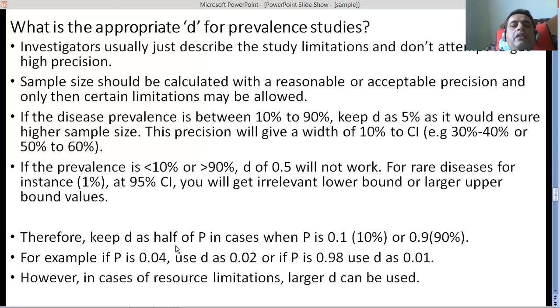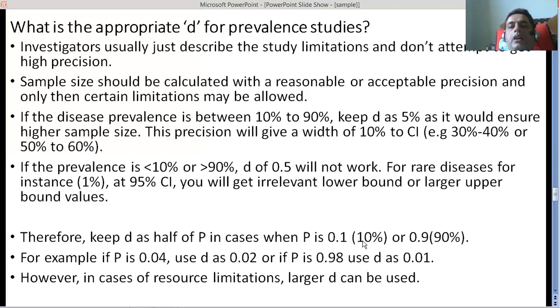Therefore, keep D as half of P in cases when P is between 0.1 or 10% and 0.9 or 90%. Okay, between 10% and 90%, you can keep D as half of P. We have defined P before, the population proportion, or expected prevalence. So you can keep the precision value, or D value, as half of that. Okay,